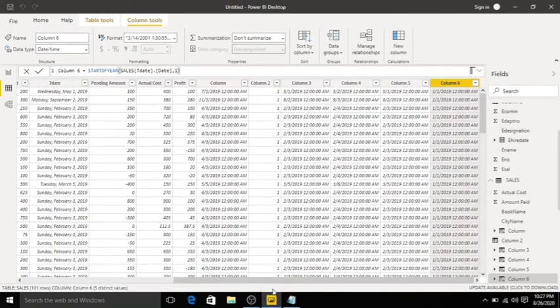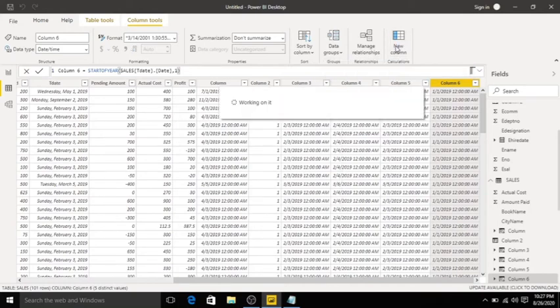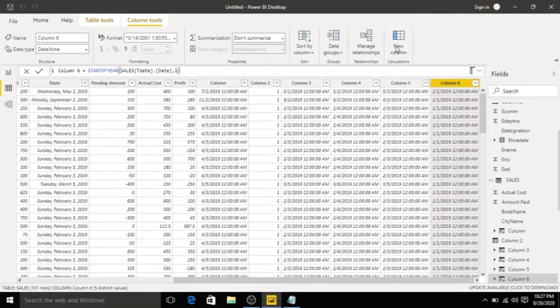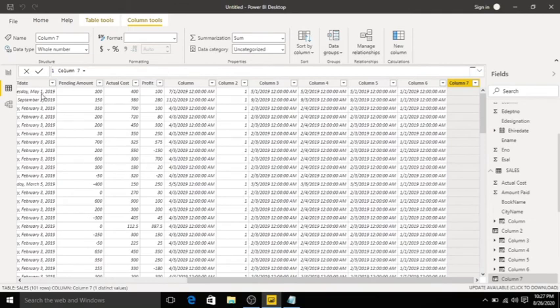We have another function called STARTOFMONTH. It returns the start of the month. I will create a new column, click New Column. STARTOFMONTH, click Tab.